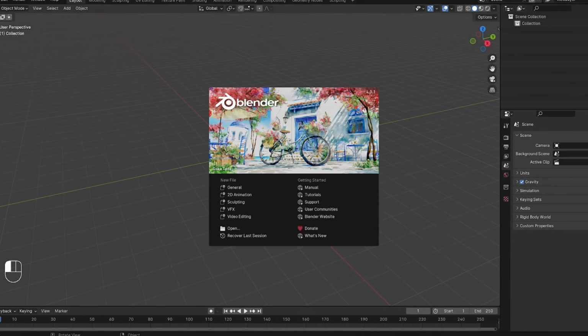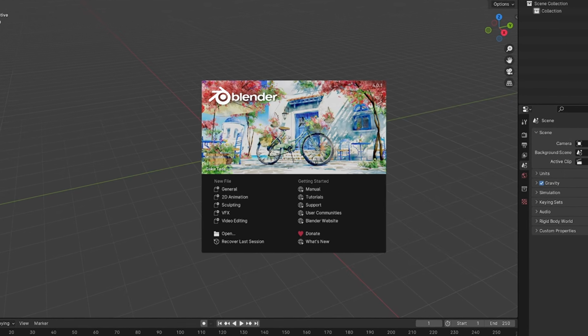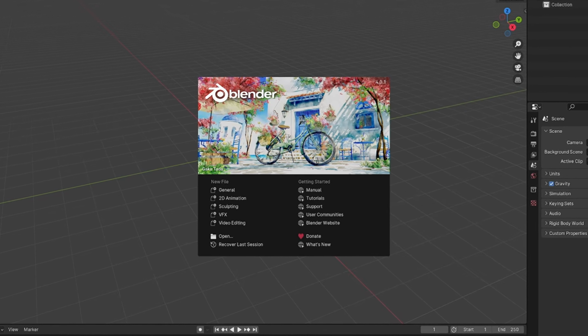This is the second version of this course. The previous installment was a huge success with thousands of students, but it was recorded with Blender 2.8, whereas the stable version of Blender right now is 4.0. The interface changes have become significant, and that's why I'm making this updated version so that even beginners can learn